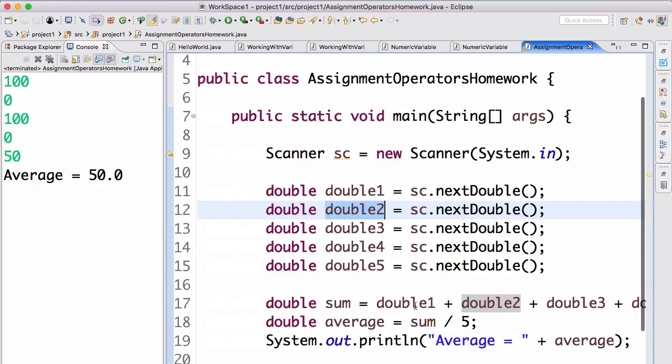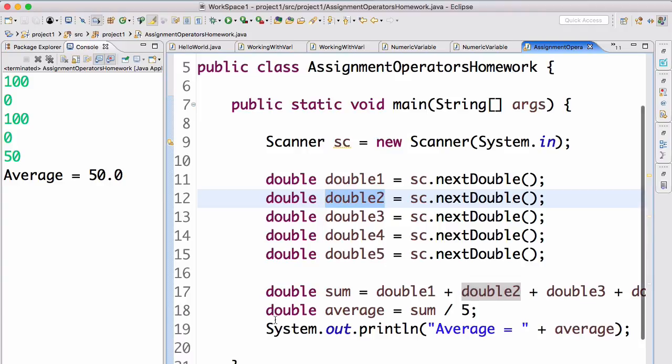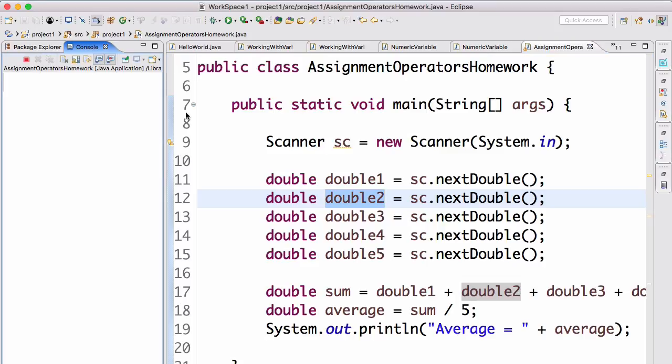Then we get the sum of those doubles by just adding them all together. And then we get the average by doing sum divided by 5, which is the number of doubles. And then we just print "average is equal to", and then the average. So let's go ahead and run this application. Okay, we can do 1,000,